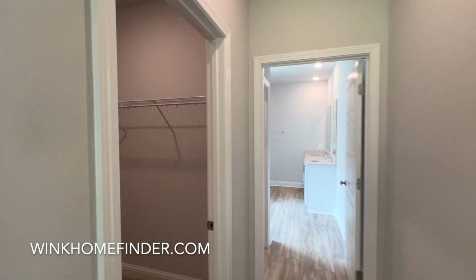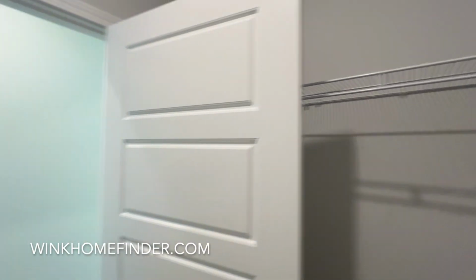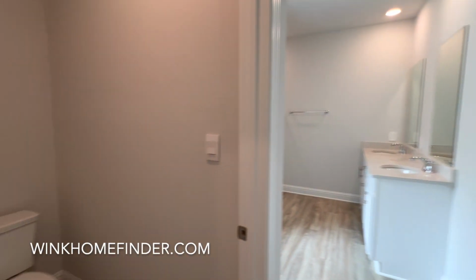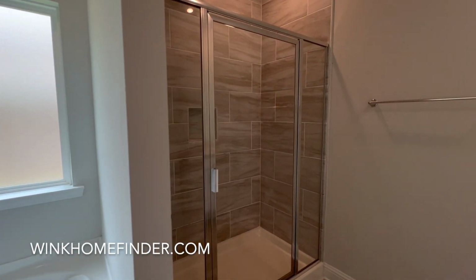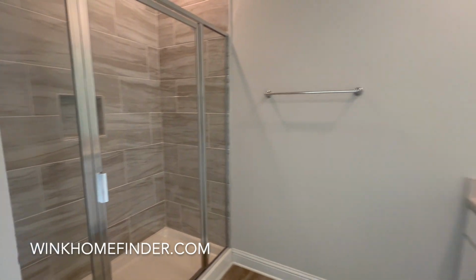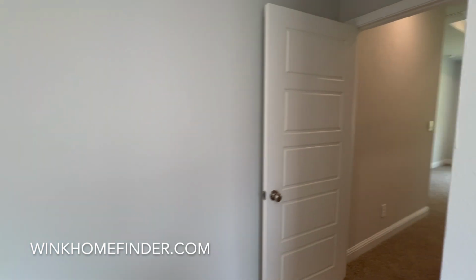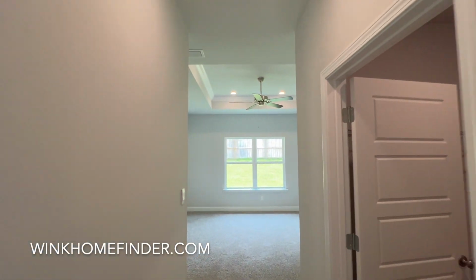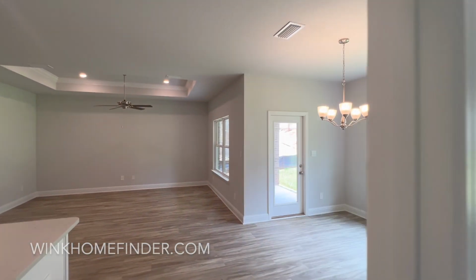This home comes standard with a smart home package, so you can control your thermostat via your smart devices. Don't forget, this is a gold fortified home, so that drastically reduces the price of your homeowner's insurance premium. Also, D.R. Horton offers an interest rate buy down, so they can save you a ton of money on your monthly payment. Call today for a private showing,